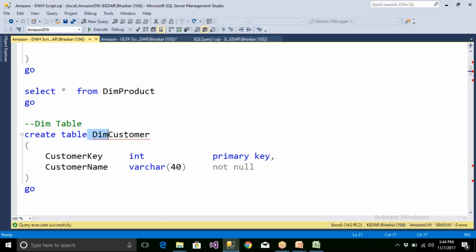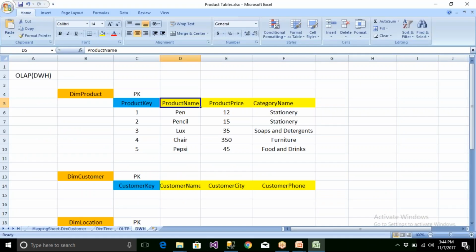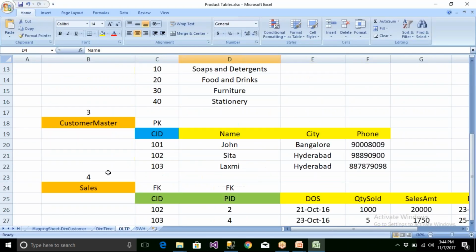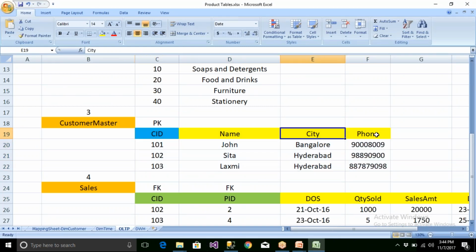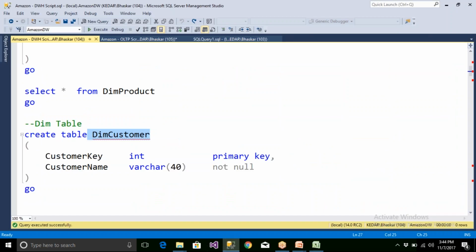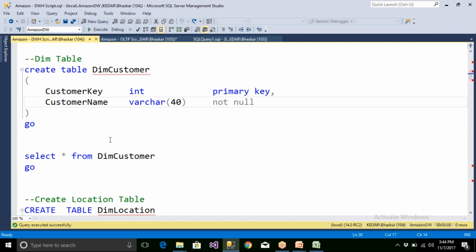The next table is then customer table. Let me go here. And here I have a customer ID, customer name and city. But unfortunately, when you see, the city and the phone numbers are not there. So we have customer key and customer name only there. So phone number you can add it here. I did not have the phone number, but city is definitely I don't want to keep it here. So you remember that point. Okay, you can have phone number here. So that's fine. So this is the second table which I have created.